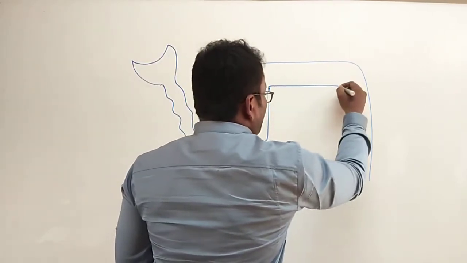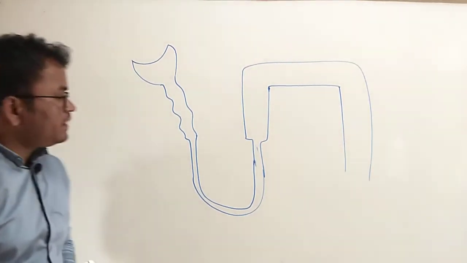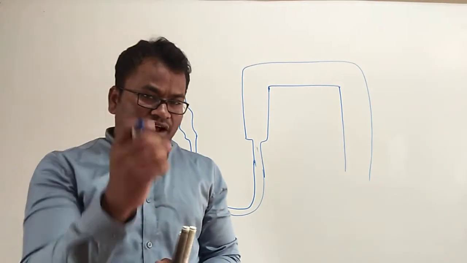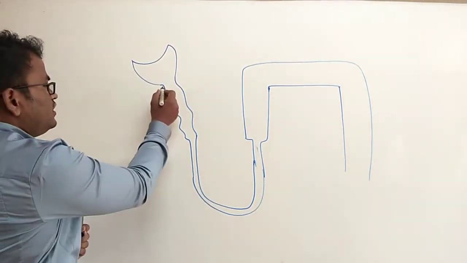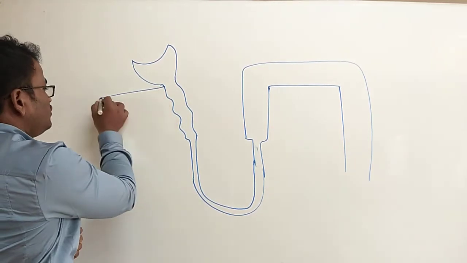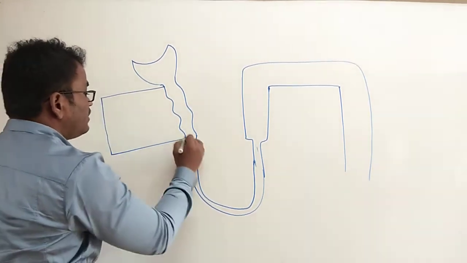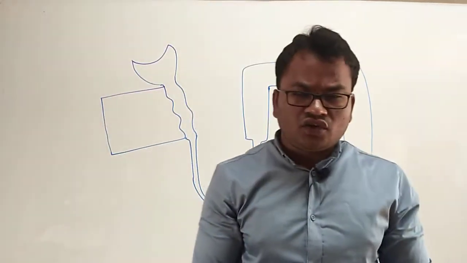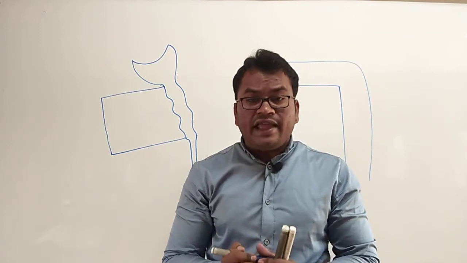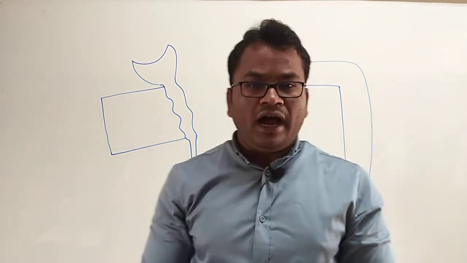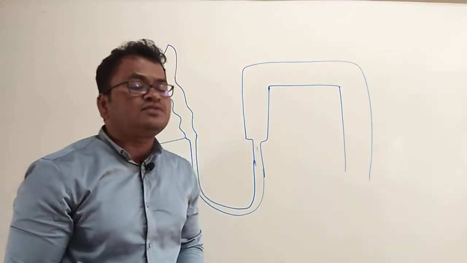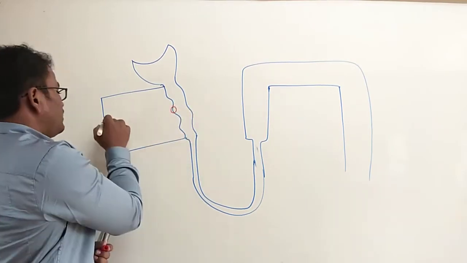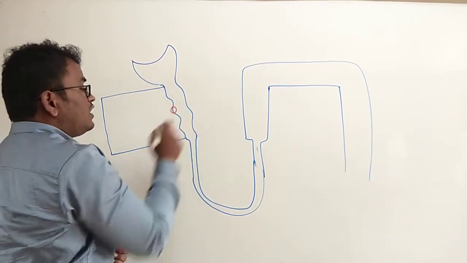So we are going to discuss these carbonic anhydrase inhibitors and their actions. In the last lecture we studied the carbonic anhydrase inhibitors. They block the carbonic anhydrase enzymes, and that leads to decreased reabsorption of sodium, hydrogen ions, chlorides and bicarbonate. So this is the site of action of carbonic anhydrase inhibitors.